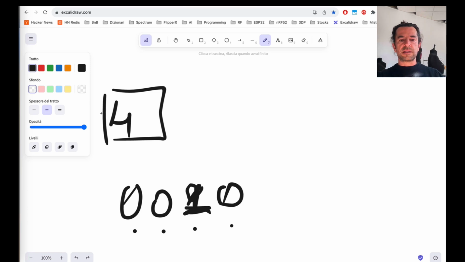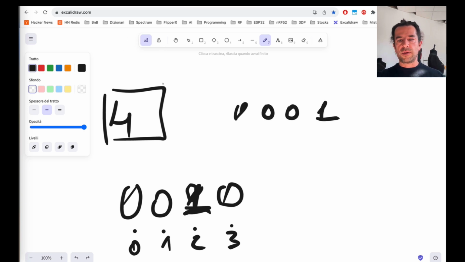So if this is character number 0, number 1, number 2 and number 3 of the 4 characters in my vocabulary, this is the representation for character number 2. And if I want to represent character number 3, I will have 3 zeros and a 1 here, and character number 0 is like that.